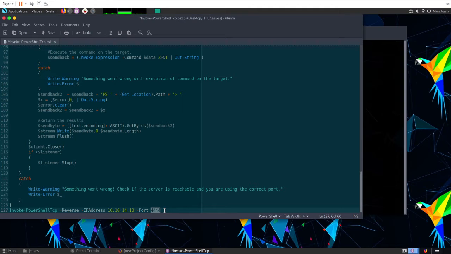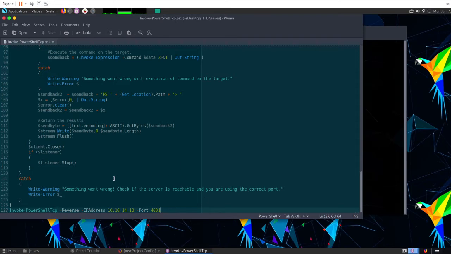called netcat. Now this tool should be built in if you're using Kali or Parrot. If it's not built in, you can just Google netcat and find a way to download it, but it should come pre-installed, and I'll help you set that up here in a moment. For now, just choose any port. I'm going to choose port 4001. Save this file,